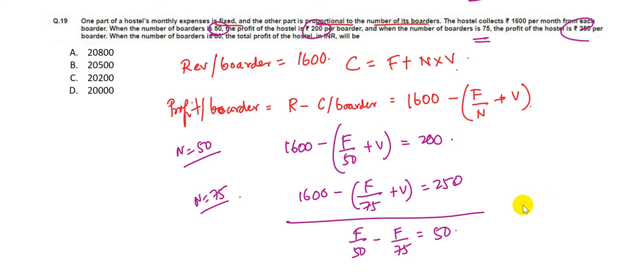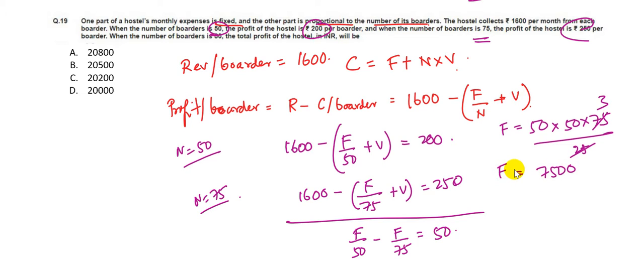So that means F will be equal to 50 divided by (1 by 50 minus 1 by 75). So 50 into 75 by 25. So that gives 3. So 2500 into 3, that's 7500. So the fixed cost is 7500, and we put this value in any one of the two equations. So if I put it in the first equation, I get